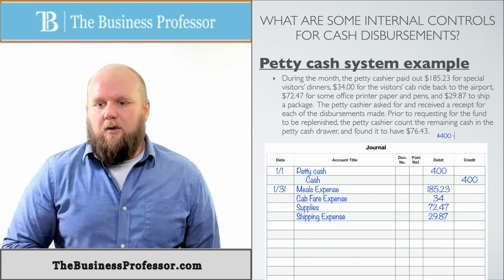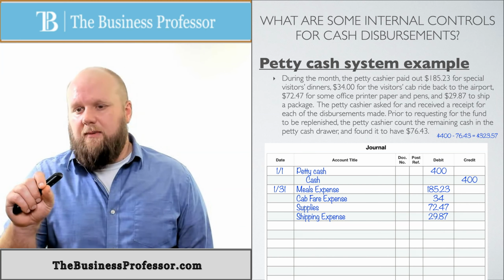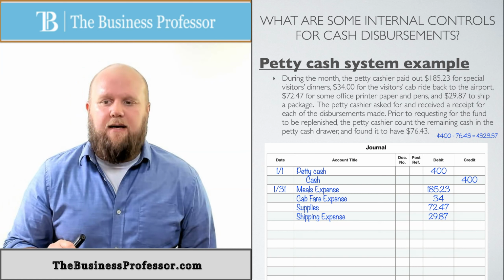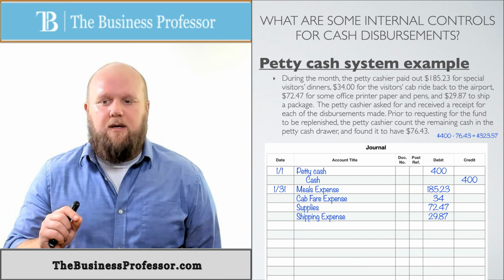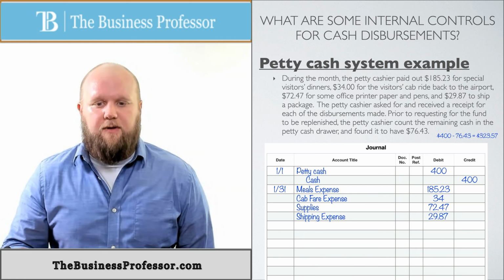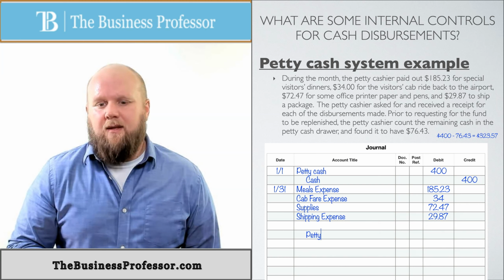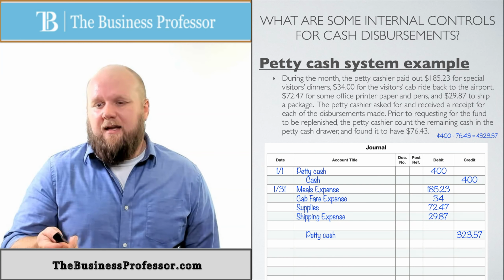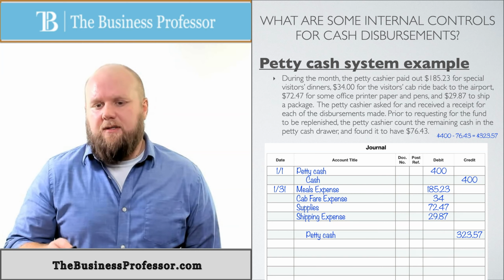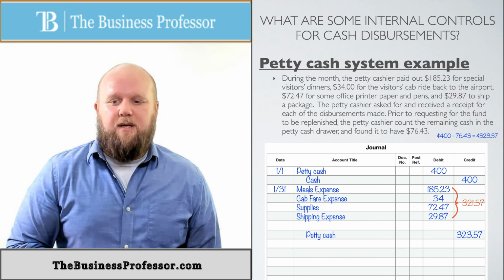So $400 is what we started with, and it says that the last one that we had $76.43 left. That means that we used $323.57 of our petty cash fund. Now, if we add up the 4 things that we put into our debit, well, there you go. So there's our petty cash. That's how much it went out, okay? If we add up the 4 things, the meals expense, the cab fare expense, the supplies, and the shipping expense, if we add those 4 things up, that's actually going to give me